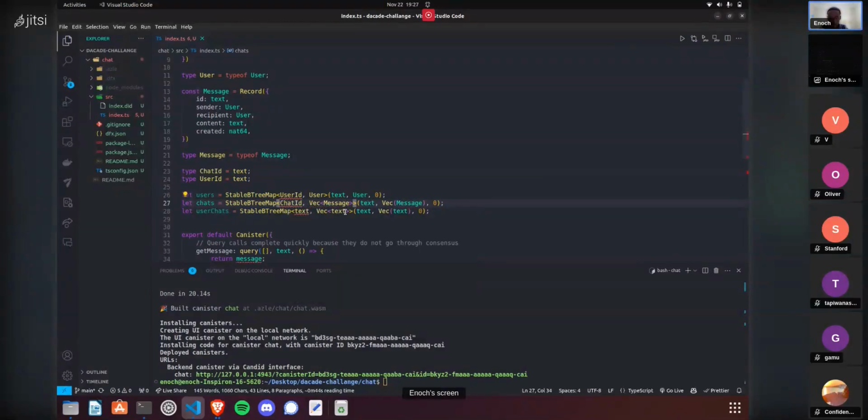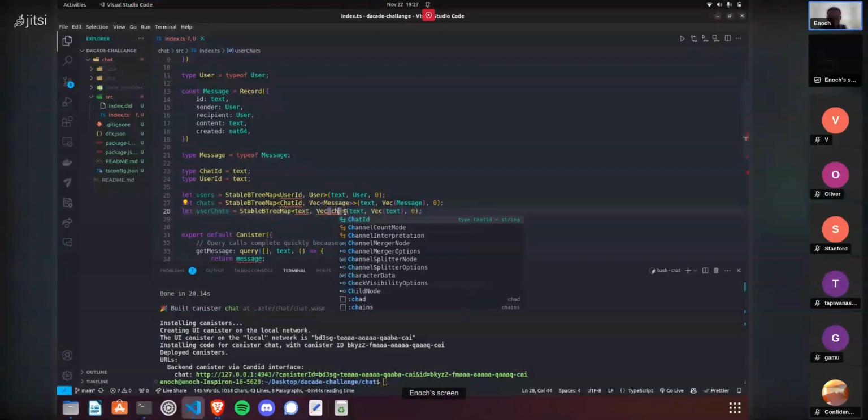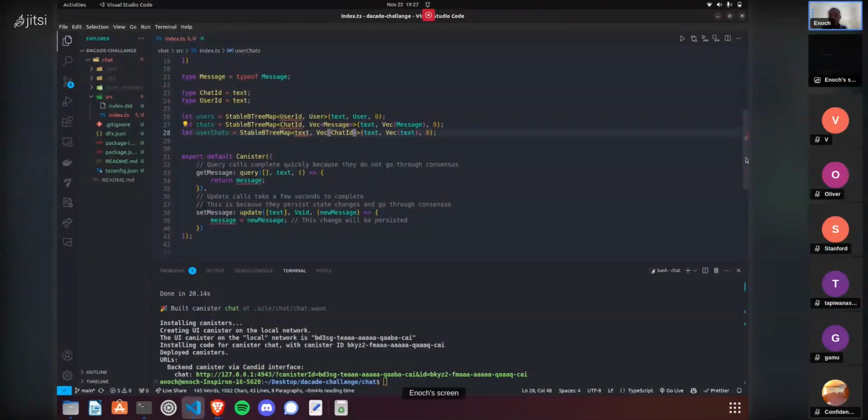Chat ID, chat ID. Yeah, that's basically it. So now you basically have what you normally have in a relational database, maybe